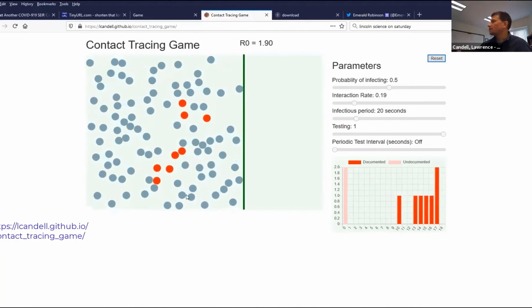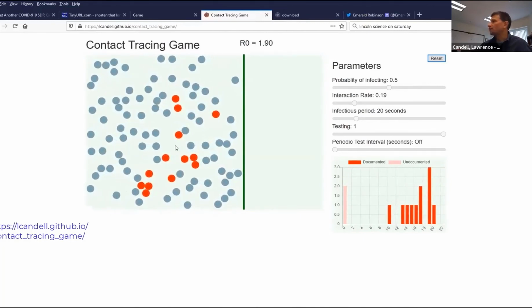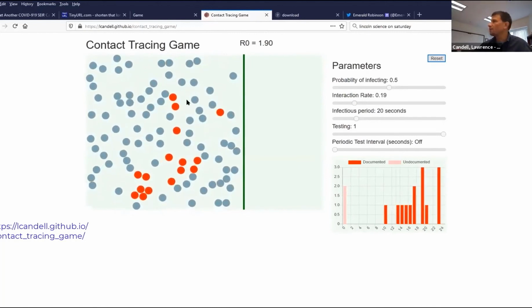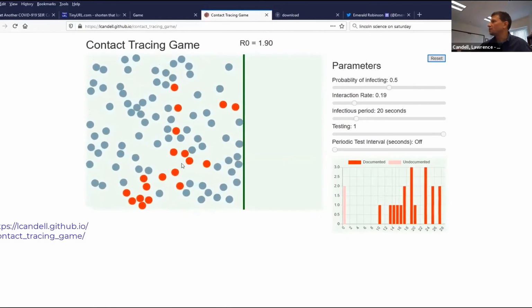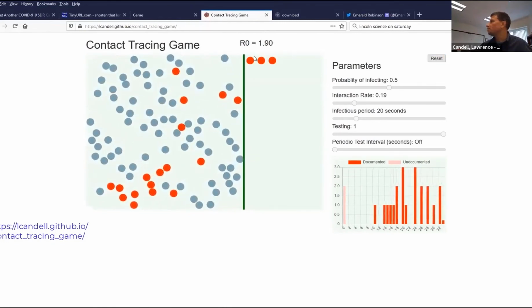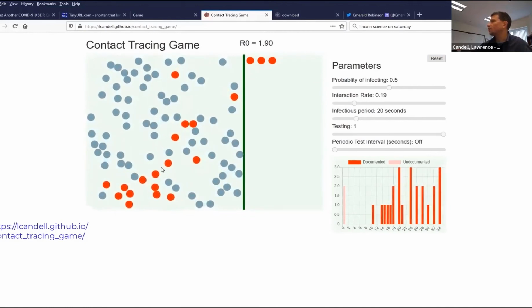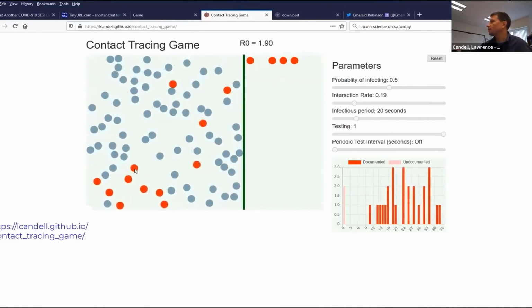Well, another thing that we can do is that rather than, if we knew that these people were actually sick when we do tests on them, we may not want them running around in our little city here. And so the way that you can do that is if you click on some of these people, you can see that they move off to the side and they're put into quarantine. And so if you can click on them fast enough, you can